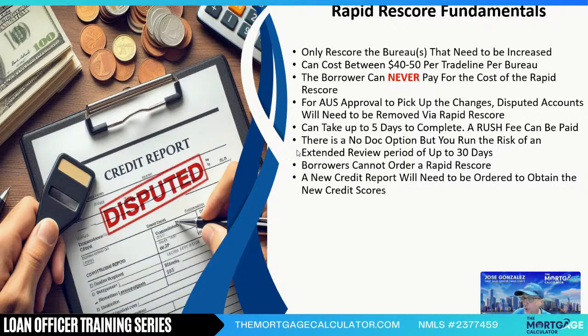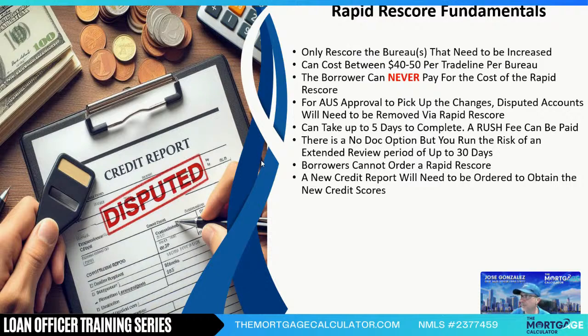So obviously, if a loan application comes in, the credit report comes in, and you identify opportunities for the borrower to get that 580 up to a 640, for example, or get that 550 up to a 580, so you can hopefully get them approved and eligible for an FHA loan with 3.5% down, which requires a minimum of a 580, that's something you would do up front. Or if you get an unforeseen circumstance, like I mentioned, your income drops, DTI increases, now you don't qualify and you've got to increase your credit score. The rapid rescore allows you to get the credit score updated within a short period of time so that hopefully